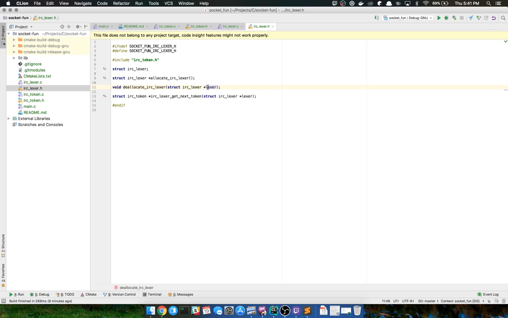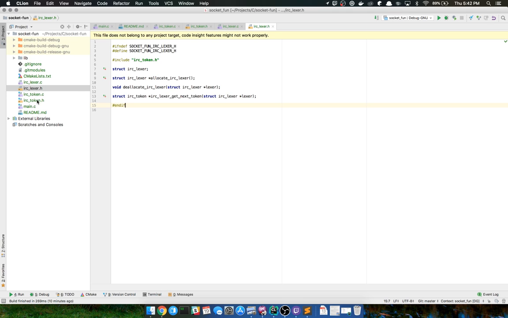So what's going to end up happening is that even though this is very bare basic functionality, we'll find out when I'm implementing this in the IRC lexer C file that I'm going to have a lot, and I mean a lot, of private functions that are only going to be accessible within that C file, to hide that from the user using this.